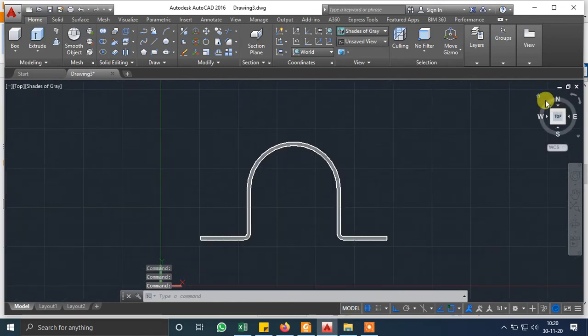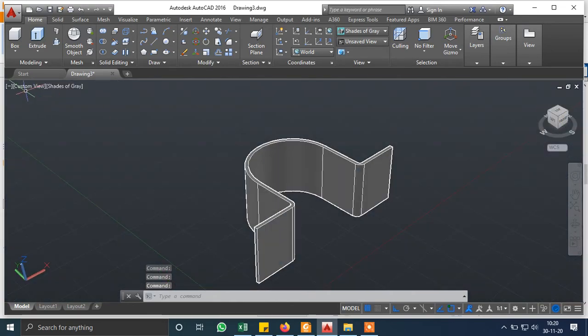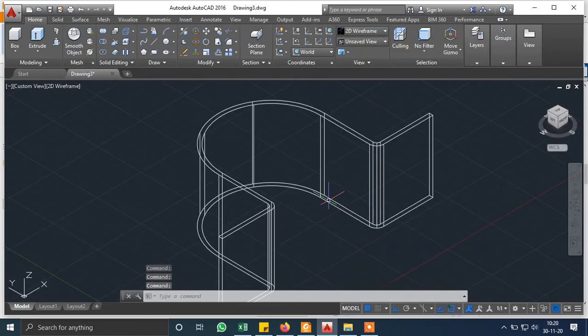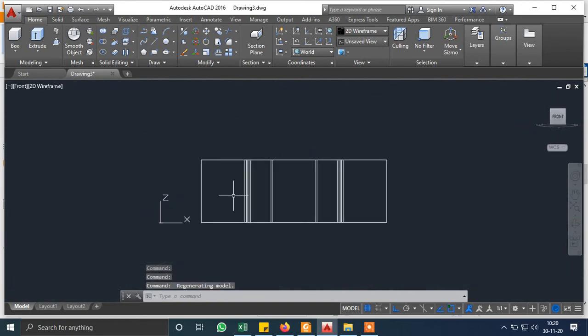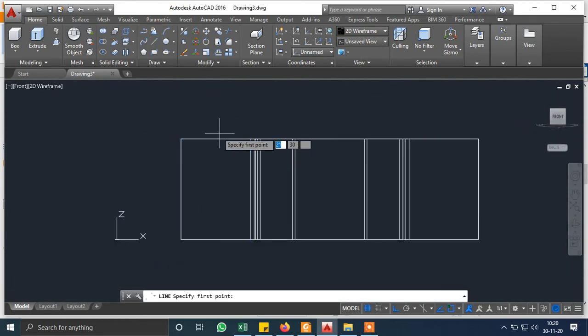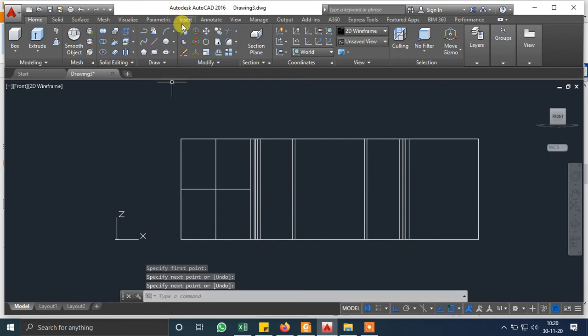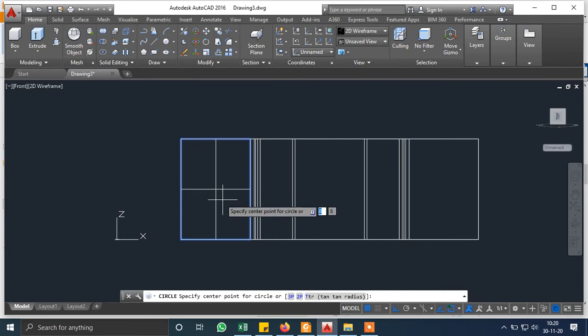In certain figures, it might be asked to make holes for this also. In that case, you switch to shades of gray, then switch to the front view and draw vertical lines in order to create the center. Then create whatever hole or radius is given.